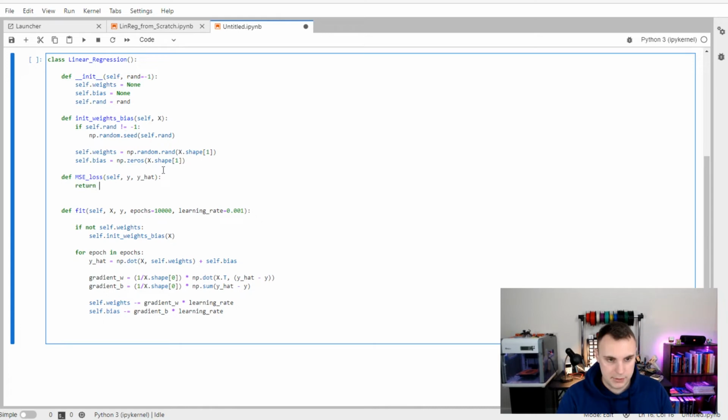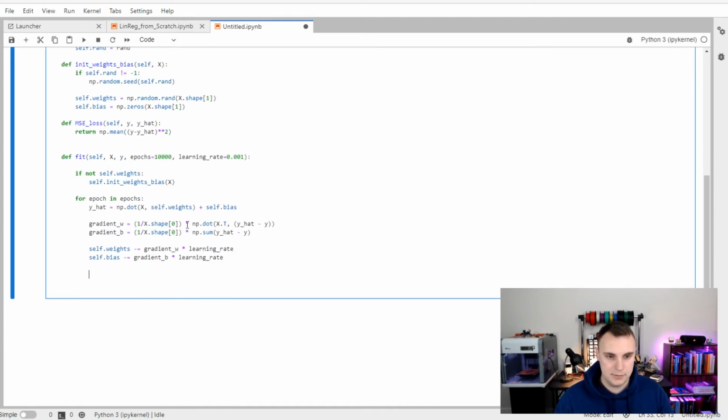And it's going to be returning np.mean. So we're going to be taking the mean of the real values minus the predicted values, and then we're going to be squaring those. So mean squared error: we're squaring the errors and taking the mean of them. Okay, now that we have that, we can come back down to our fit function,